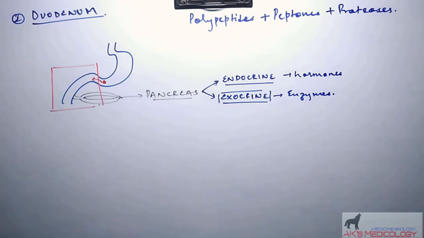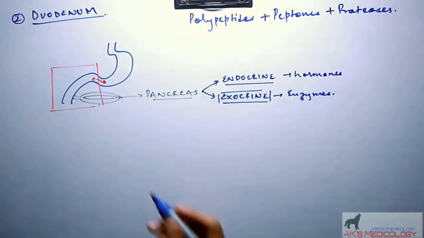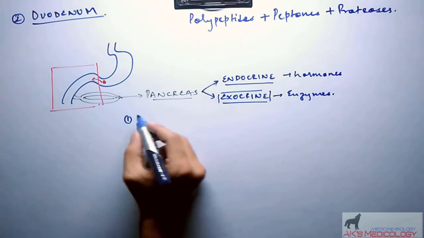Now, pancreas basically is known as the complete digestive gland because it releases digestive enzymes for digesting all the components of food, that is carbohydrates, fats, and proteins. All the three components are digested with the help of the enzymes released from the pancreas. Enzymes which are released from the pancreas, which are responsible for the digestion of the semi-digested proteins, polypeptides, peptones and proteoses, are: first is